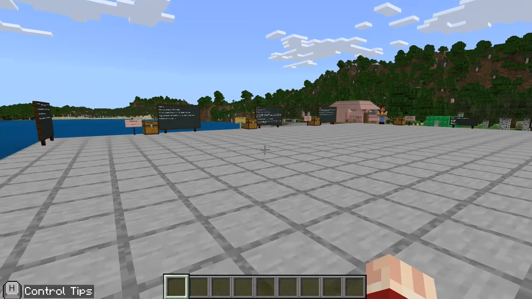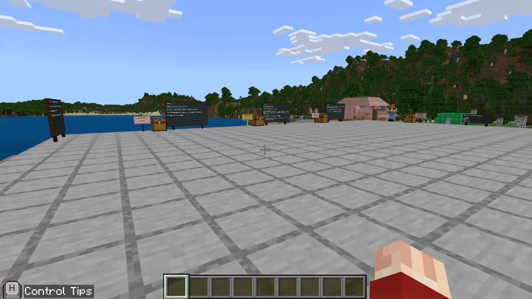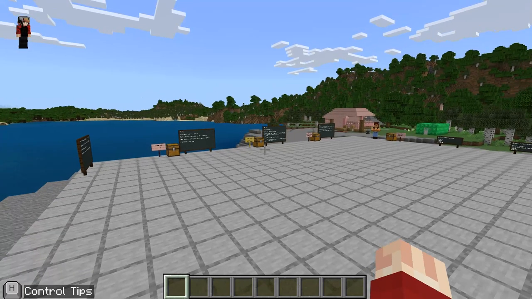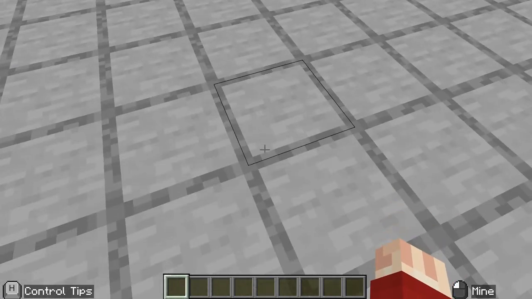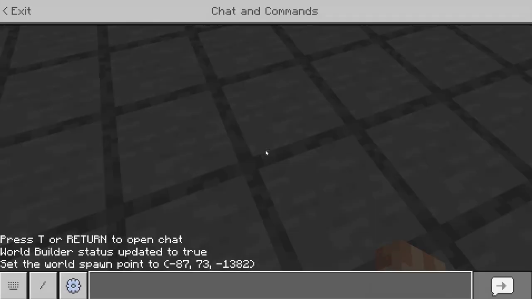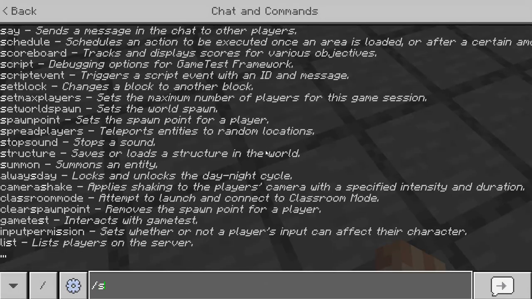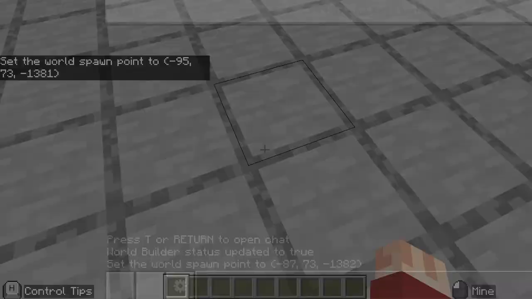Today we're covering a biology topic of biotic and abiotic factors in the ecosystem. So I set my spawn point for students and players here. Remember to do that, you can just hit Enter T on the keyboard, backslash, set world, spawn, and now everyone